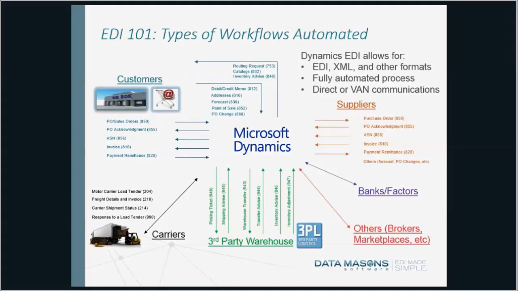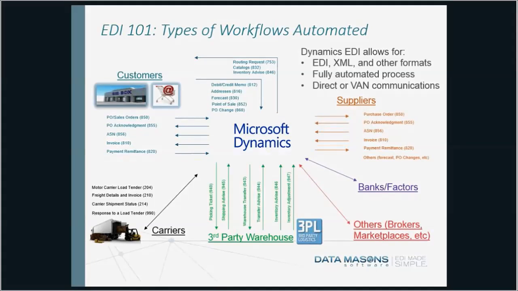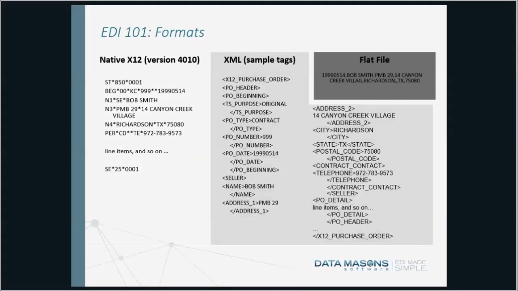And another area that we're seeing a lot of trending on is the notion of suppliers, as we can see in orange here. And really this is somewhat the reverse of what you're doing on the customer side, where now you're issuing purchase orders and receiving back shipment and invoice and PO acknowledgement details. But these are some of the more common workflows that we see automated. And again, whether it's a true EDI or other formats such as XML or flat files can sometimes come into play. And so with that, if you've never seen EDI or some of the other formats,